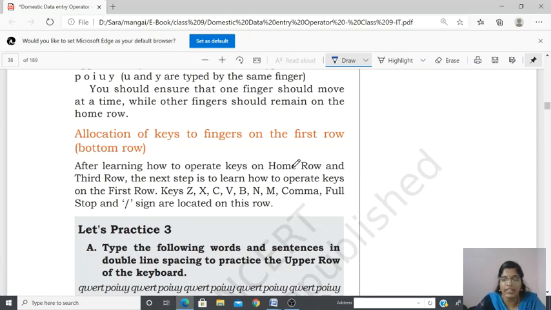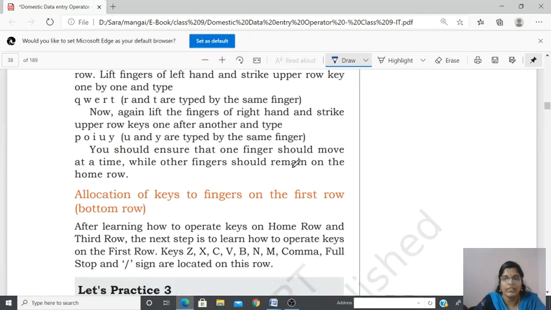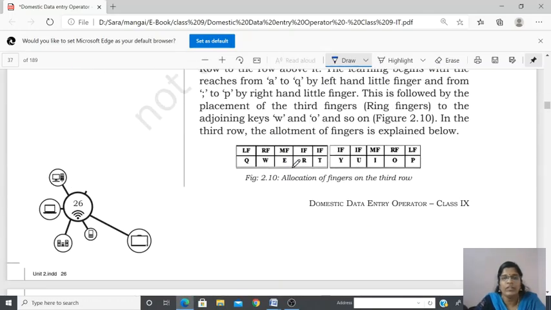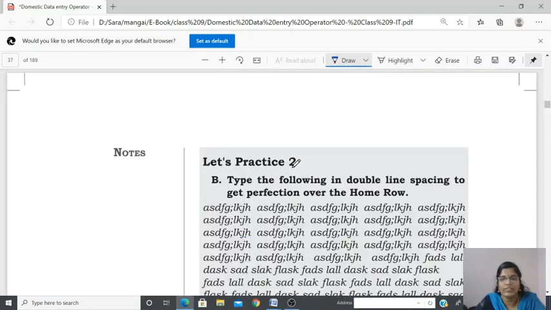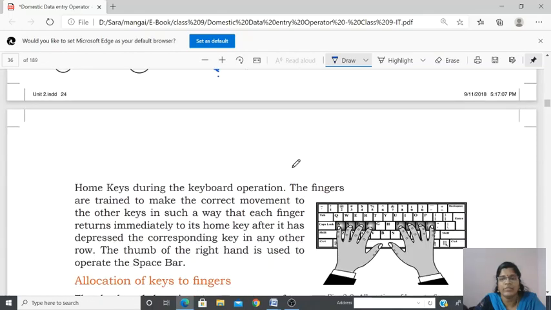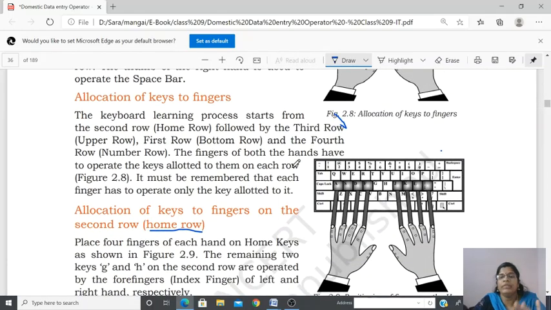So how to move it? Do you know what keys are there in the keyboard at the bottom row? Keys are not given, so we will check with the keyboard. Yes, here are the keys. Z with the little finger, X with the ring finger, C with the middle finger, B with the index finger. And if you take the right side, there is the dot, then question mark, comma, M, N. These are the keys we are using.